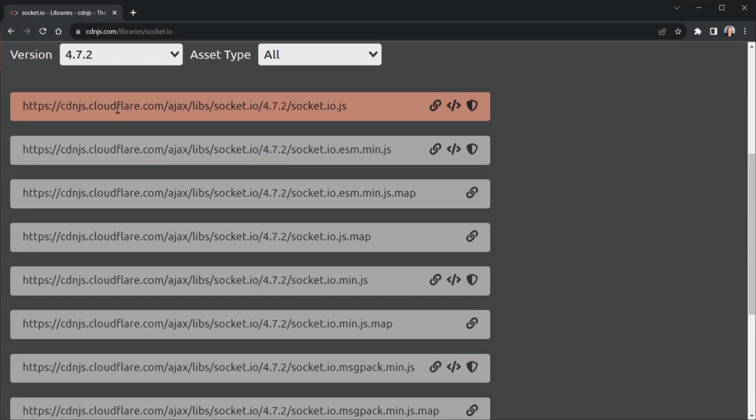And of course, it just shows us this first option right here, which is fine. It's not minified though, so I would be more likely to go ahead and select the minified version down here. But if you're curious what the ESM means, that's referring to ES modules. Let's go ahead and look at the docs and just see what they talk about when we use this version